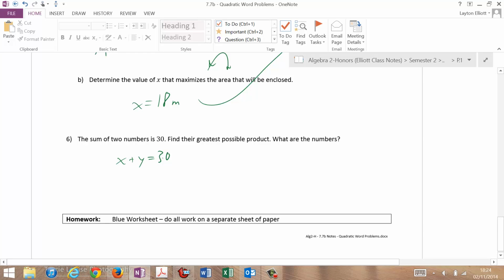Find their greatest possible product. So then we say xy equals product. What are the numbers? Well, if that's true, I can do a substitution. So that's equal to x times 30 minus x. And so if I'm trying to find the greatest possible product, basically I want to find where the